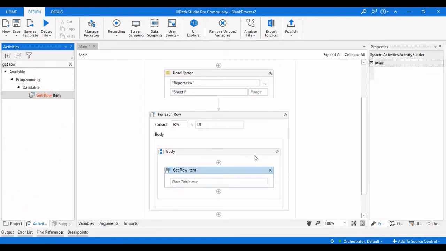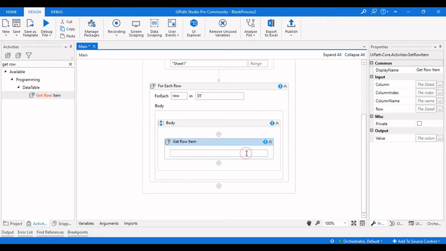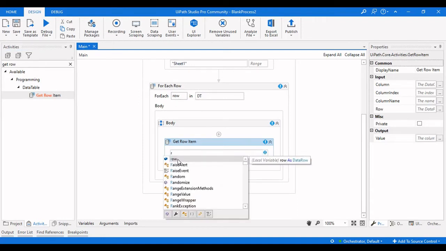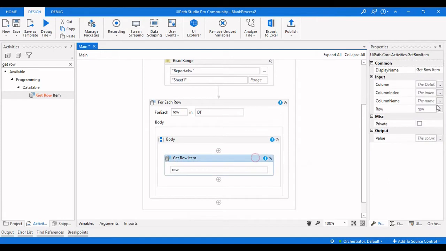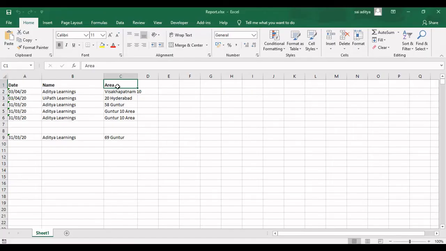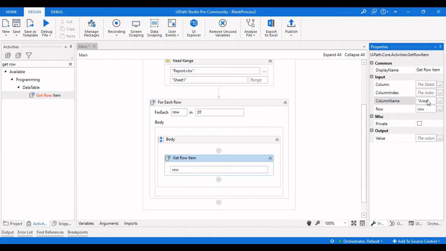The table row is row, and the column name will be area. The column name which we are going to get, we need to give here, so it is area. And now let me make the output variable area value.